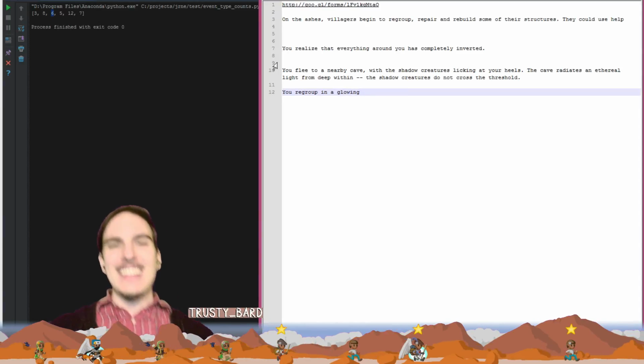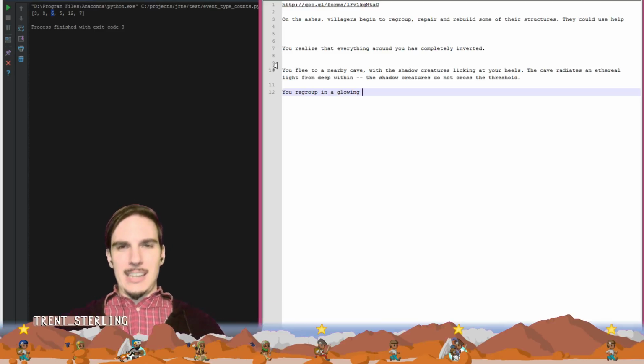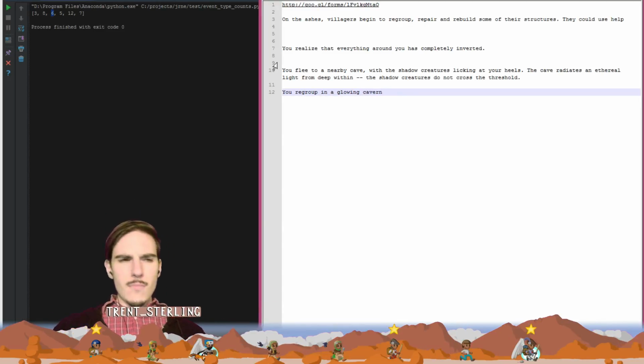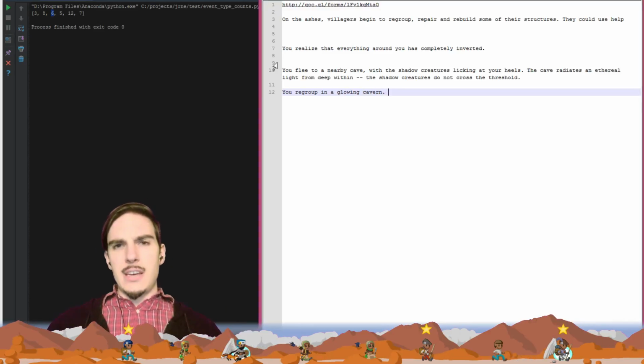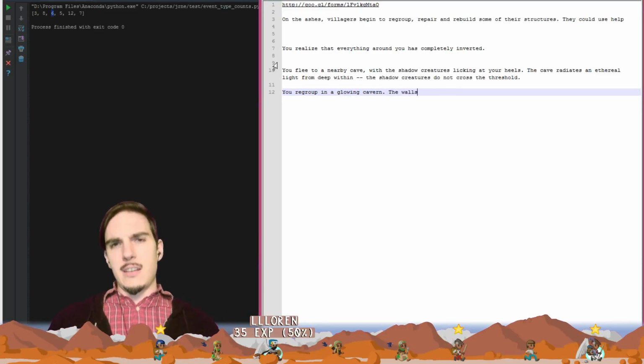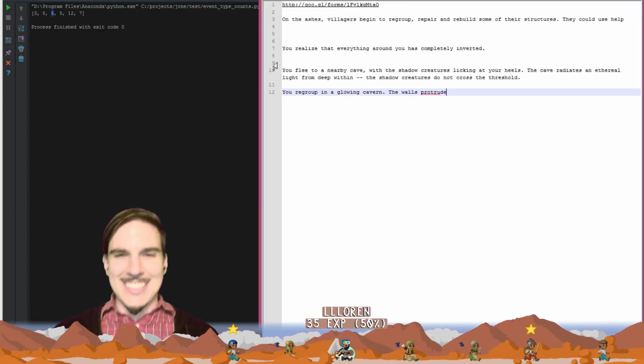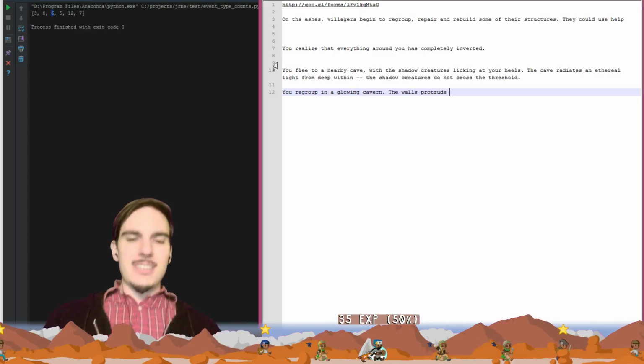So glowing cavern became glower. Glowing cavern. The walls protrude. I can spell. Protrude with